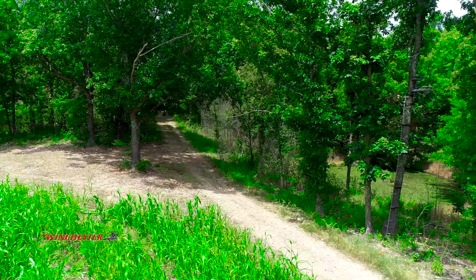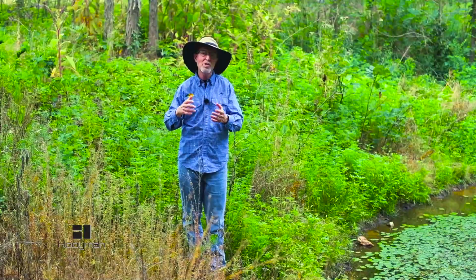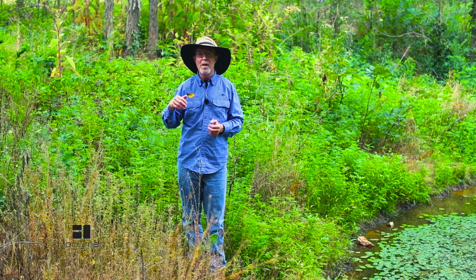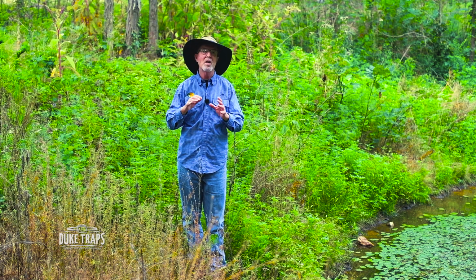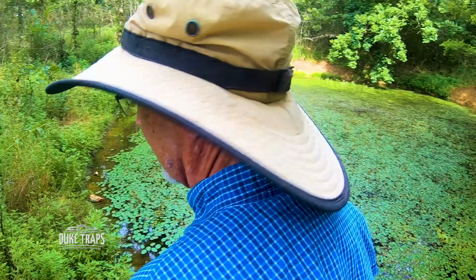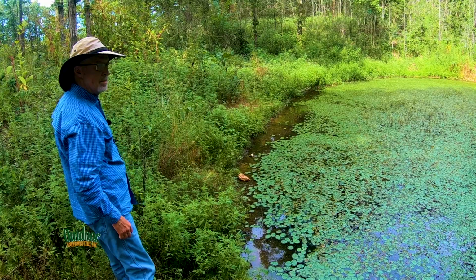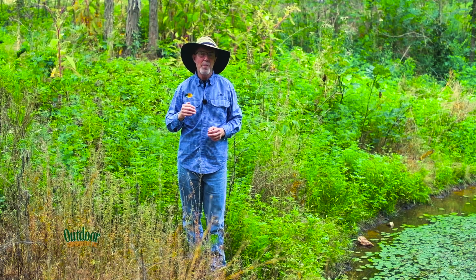Now, if there's acorns everywhere, all bets are off, but it looks like a fairly limited crop of acorns here at the proving grounds this year, and these open grown oaks are gonna be the ones that are most likely to produce a crop. Scouting, practicing with my bow are both great ways to prepare for deer season and get